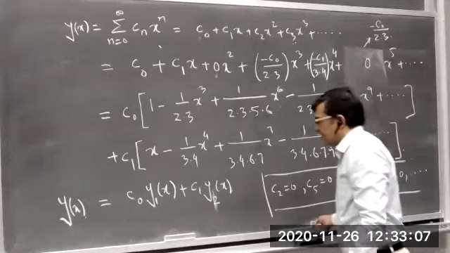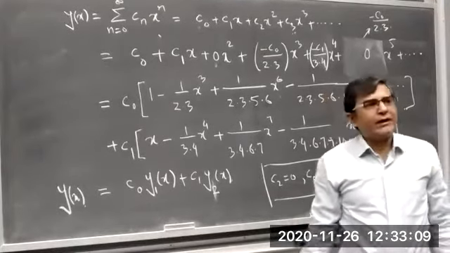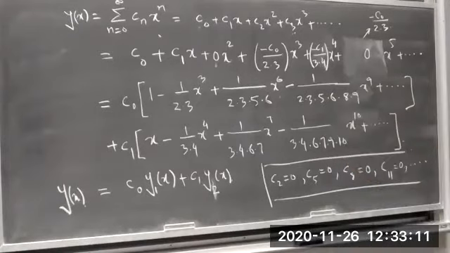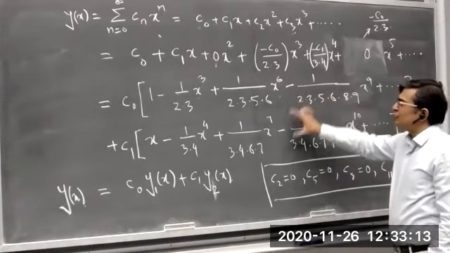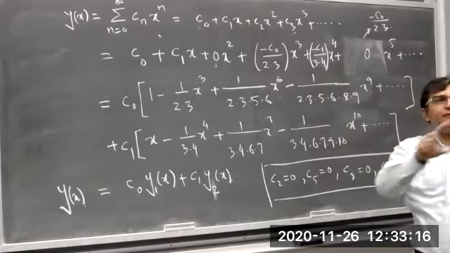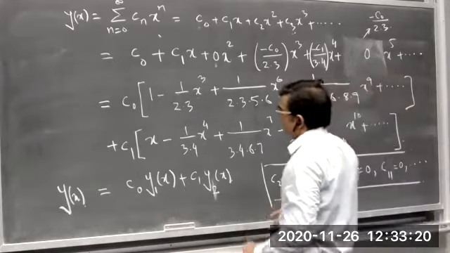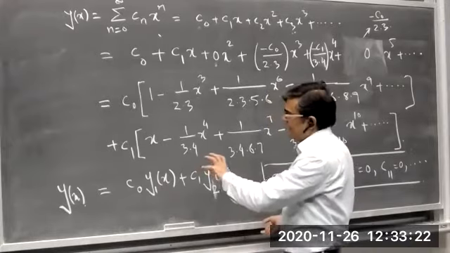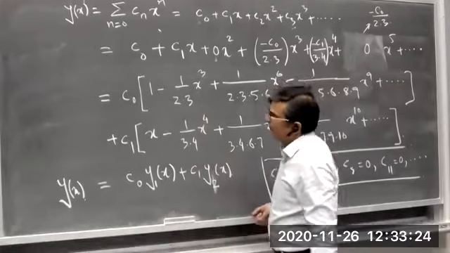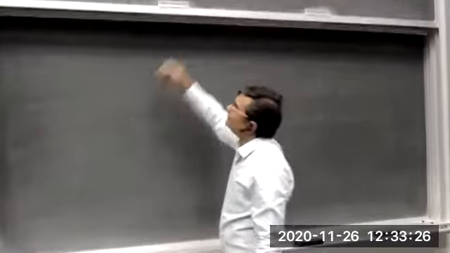I hope no. Okay, now what we can do further, we can write these two series in the form of a summation by finding the general terms of these series. Now let's analyze these two series separately. Now we can write